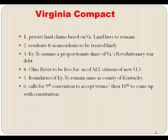So, when Virginia had written her original constitution, she knew that the area west of the mountains was going to be hard to control. So she had made provisions in her Virginia constitution for a separation of that area. And these were basically the 6 things that she called for. She said,